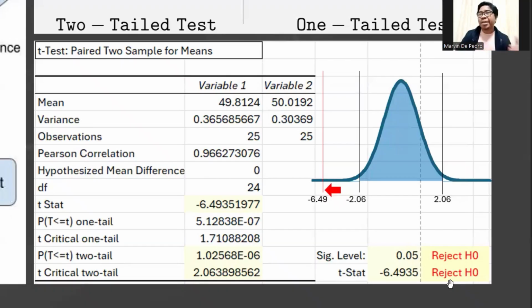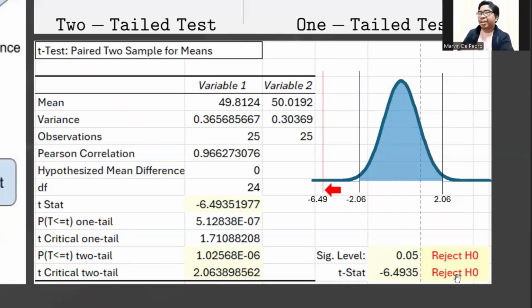You have a pre-test and a post-test. That's the paired t-test. Since we reject the null hypothesis, there is a significant difference between the before and the after.